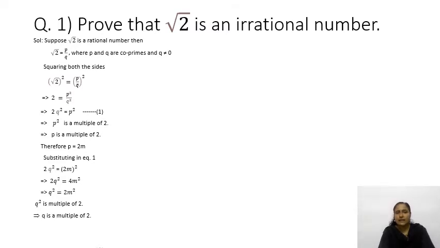Now just to check, in the first part we wrote p is a multiple of 2, and now we are getting q is a multiple of 2, which means both p and q have 2 as a common factor, which is a contradiction. Why are we getting a contradiction? Because in the first step we wrote p and q are co-primes. Therefore, we are getting a contradiction because our assumption is wrong. What did we assume? We assumed root 2 is a rational number. So we can say root 2 is irrational. I hope this question is clear to you.